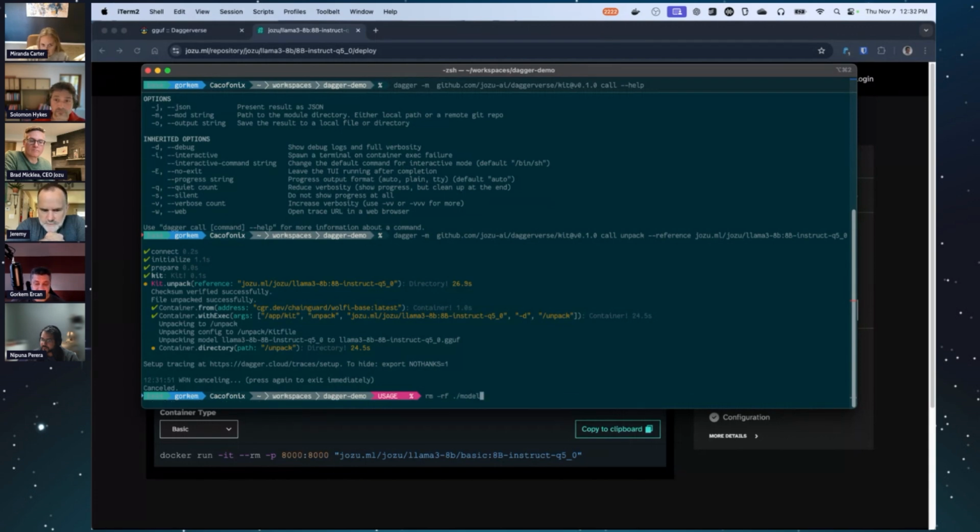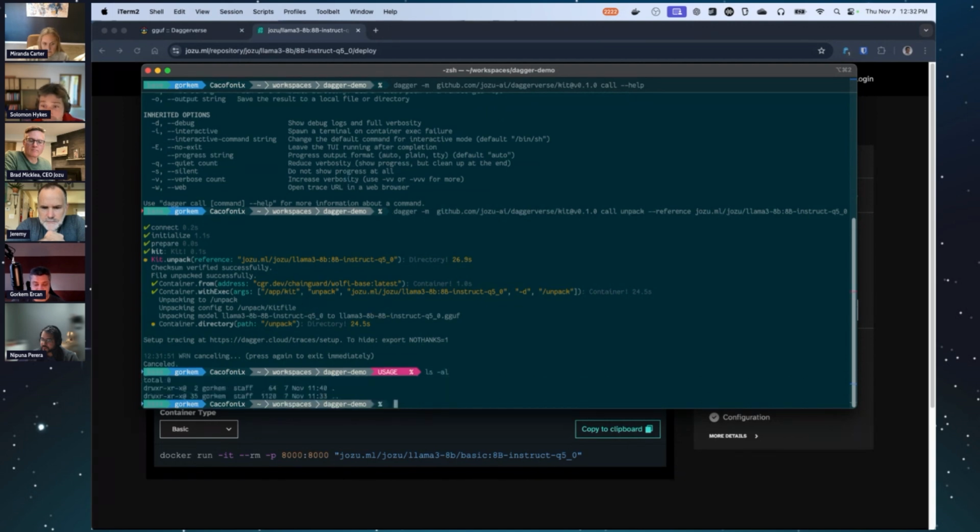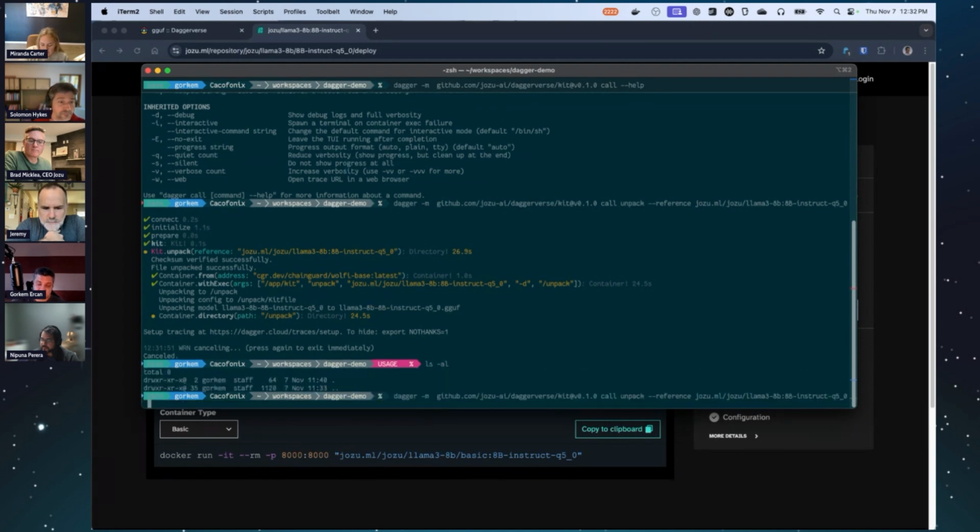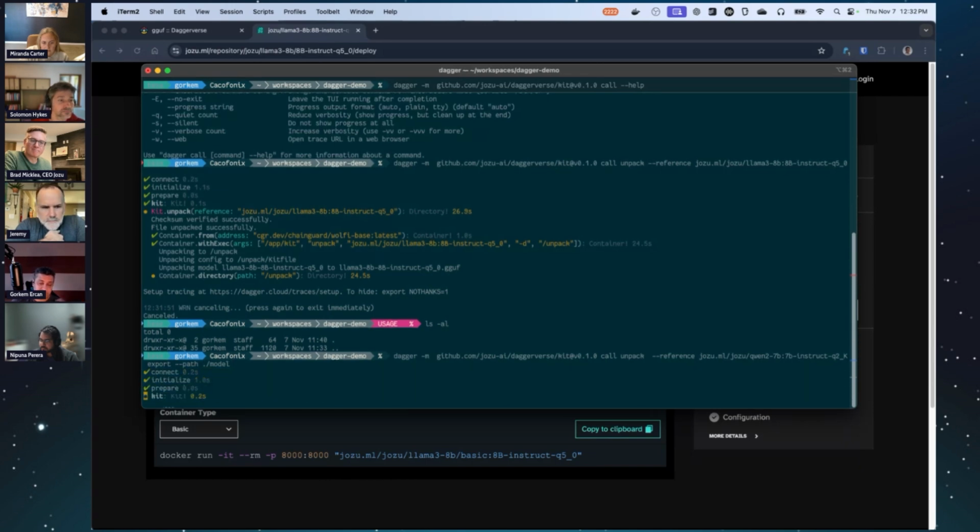But now it's not exported anymore, so let's see that I don't have it. I'll just rerun this command here. As you can guess, I didn't do anything special, and the Dagger module that we are using is not actually doing anything special, right? It's just Dagger itself that basically gives us this super caching. And this is a 3 gigabyte model, and running it again,